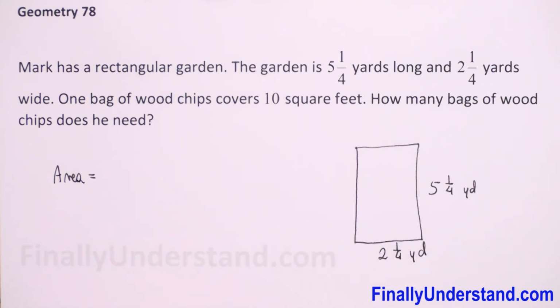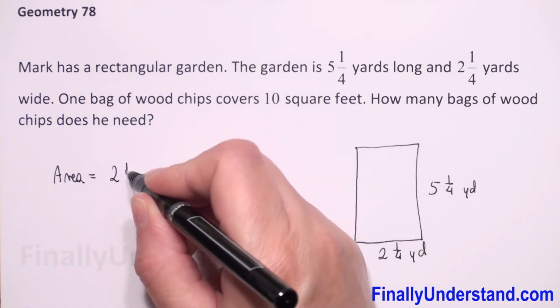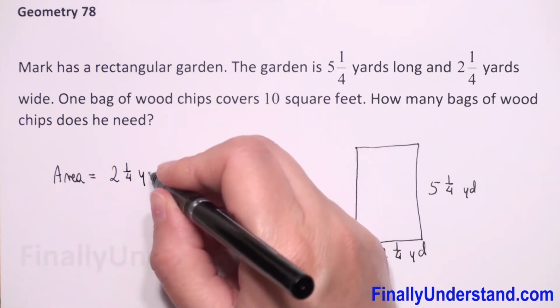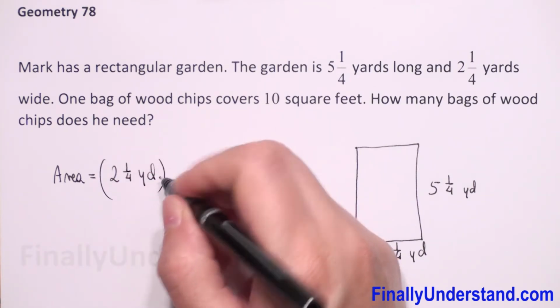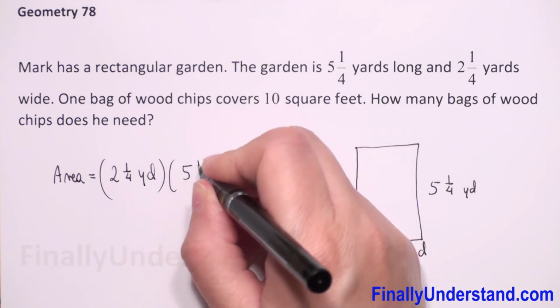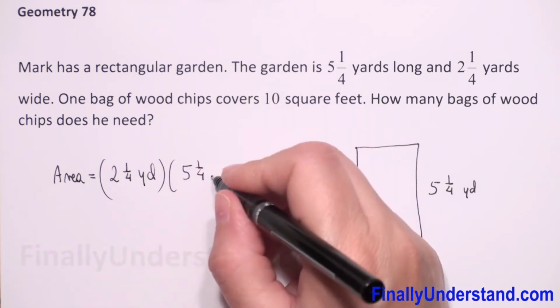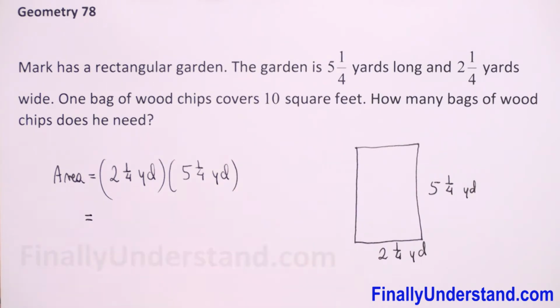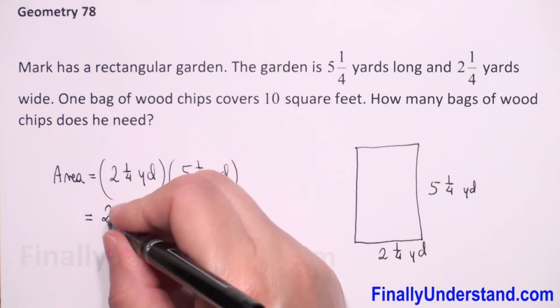So we will have 2 and 1/4 yards times 5 and 1/4 yards. We can change this to decimal numbers. So this is 2.25 and 5.25